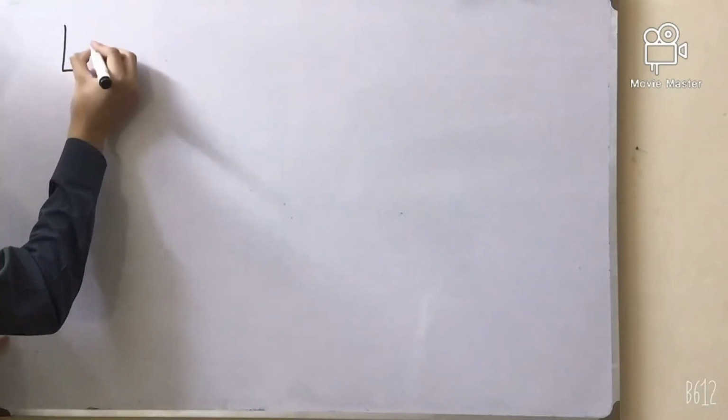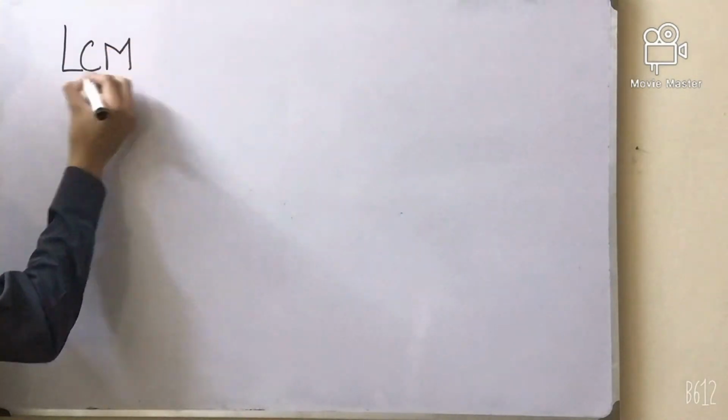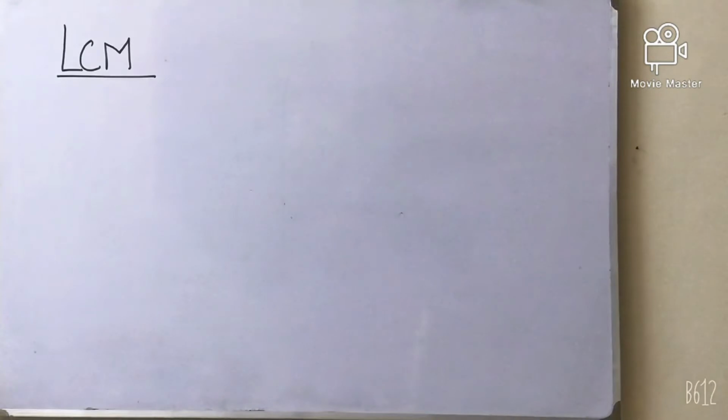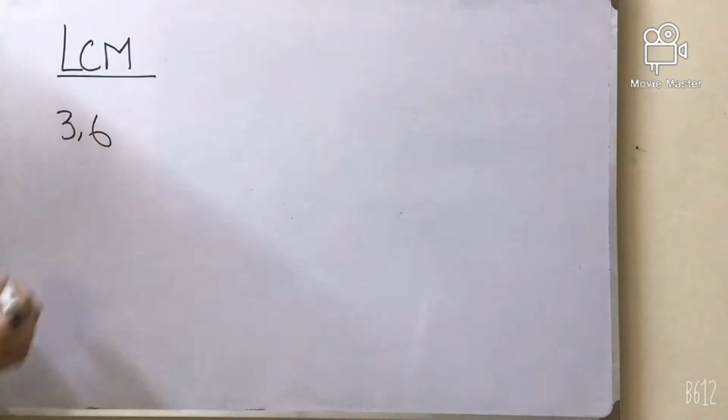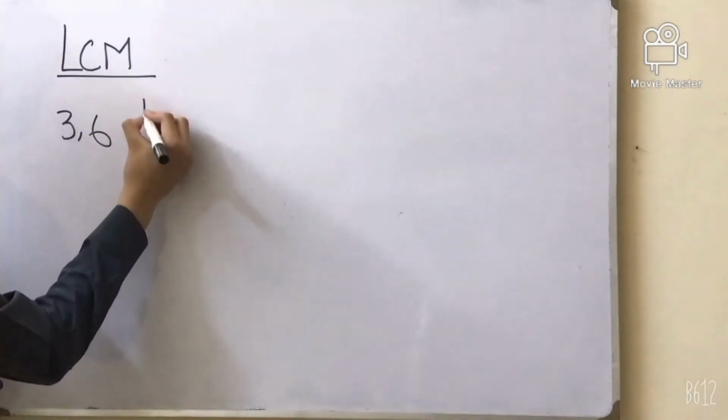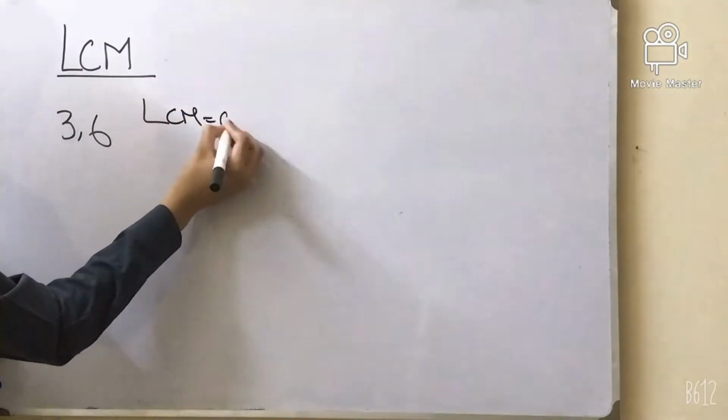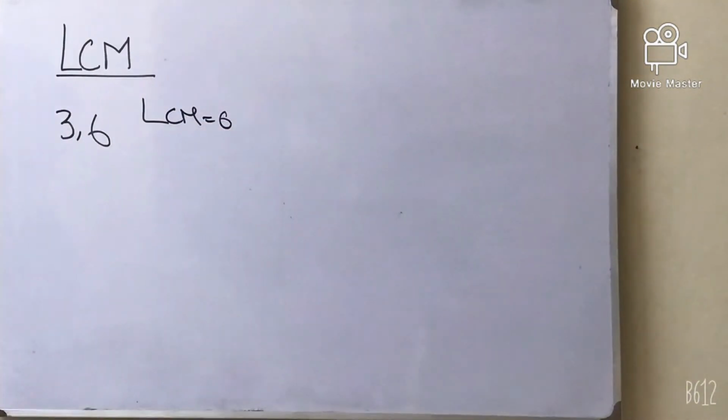Hi everyone. In the previous video we learned about LCM. And we also found out the LCM of 3 and 6, which is 6. The LCM of these two numbers is 6. What we did was that we listed the table of 3 and 6 and then we took out the least common multiple. But what if